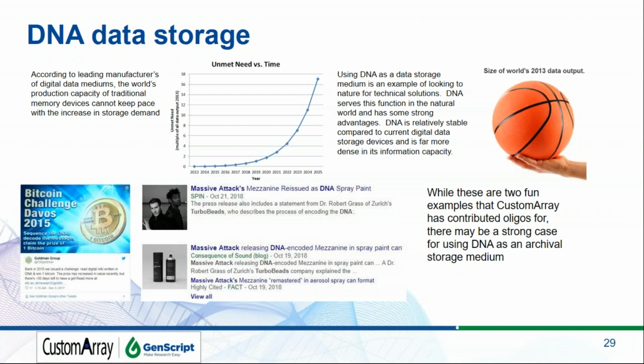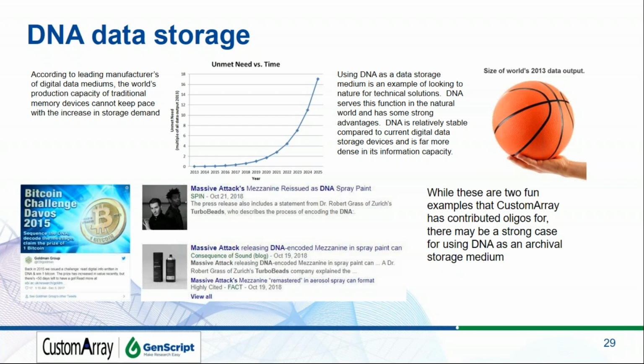Doing the same thing using current digital data mediums obviously required quite a lot more space. So while it is a little bit sci-fi, it is being used. Here are two examples. Nick Goldman at the Wellcome Sanger Institute did a fun thing at Davos in 2015, where he encoded, using oligos we provided to him, the data for a Bitcoin. It was encrypted with his encryption algorithm, and he handed out tubes of DNA that we made for him to the audience members at the meeting, and then challenged anyone to decrypt it